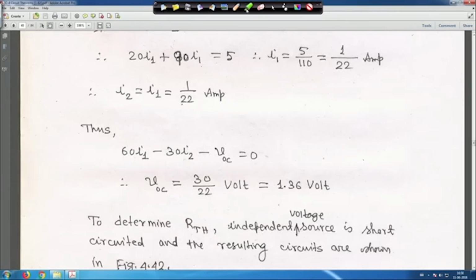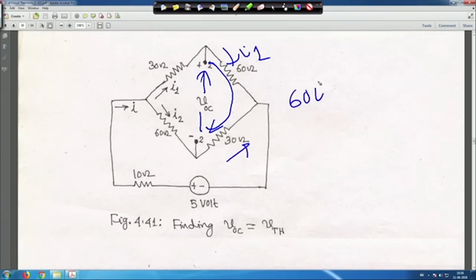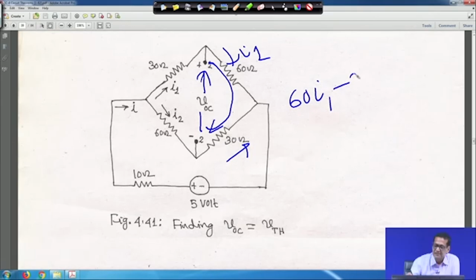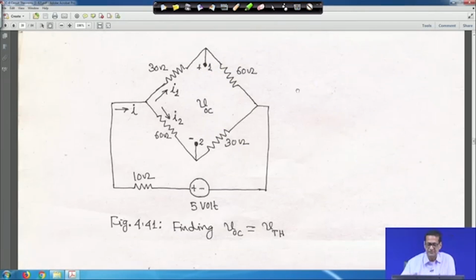Just let me go to that circuit. So, here you apply your KVL. You can apply KVL either like this, this is your VOC, this loop you can apply. So, it will be 60, this I1 is current flowing there and this is I2. So, if you write 60 I1, then minus 30 I2 is equal to VOC. Put I1 and I2, you get VOC is equal to V Thevenin. So, that is what is written there,